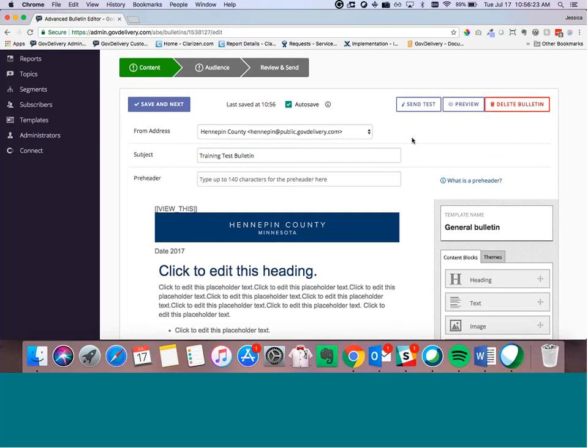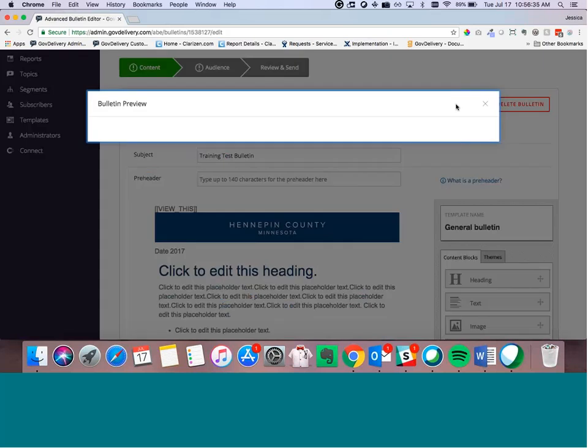One thing that you can see up here now, so I have autosave enabled. You can also not have autosave, and you can periodically click the Save Now button, but you can choose whichever you would like to do. You can preview your bulletin before sending it